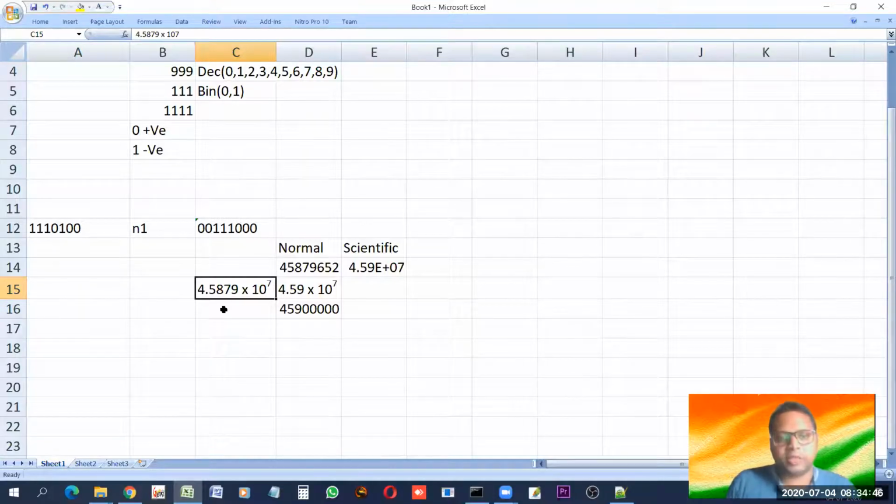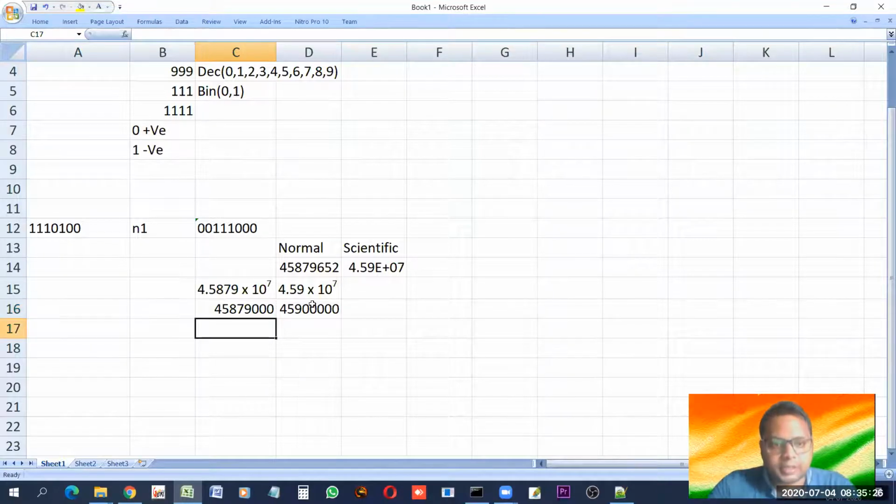And now when this has to be converted back to the normal number, the same rule has to be followed. First we write the digits before the decimal, whatever digits are there. In this case, only one digit, 4, I've written. Now after 4, we must have only 7 digits. So 4 is the first digit. Then out of 7 digits, the first 4 digits are given there. 5879 is there. In total, 7 digits will be there. So out of 7 digits, these 4 digits I've written, 3 more digits are needed. So 1, 2, 3 zeros have to be put.